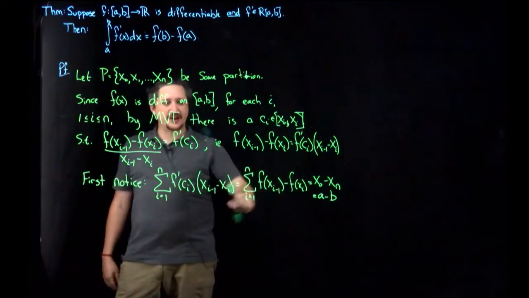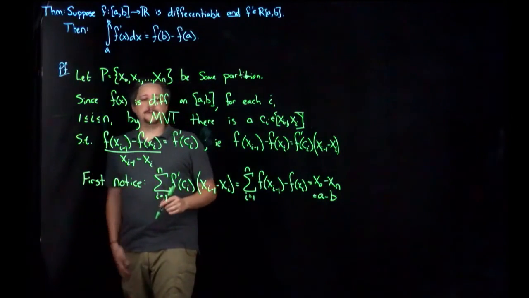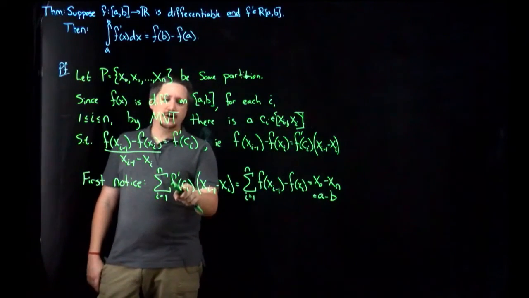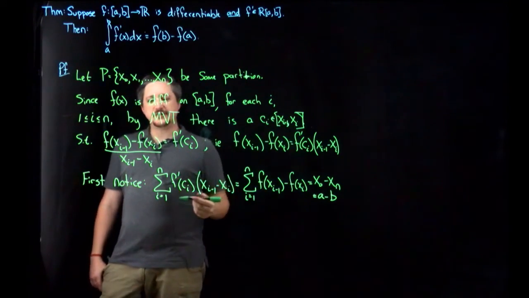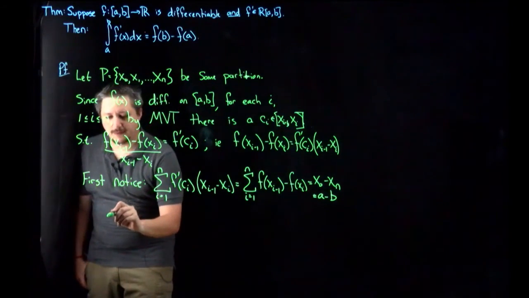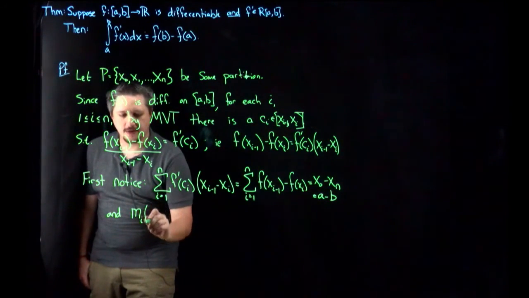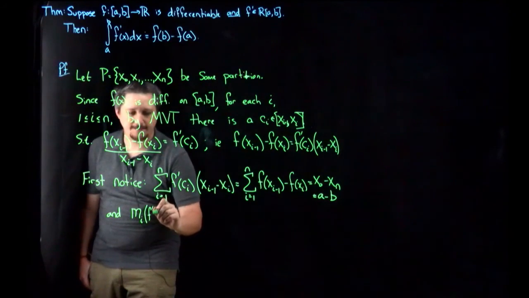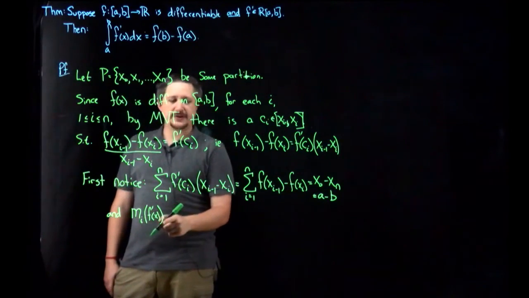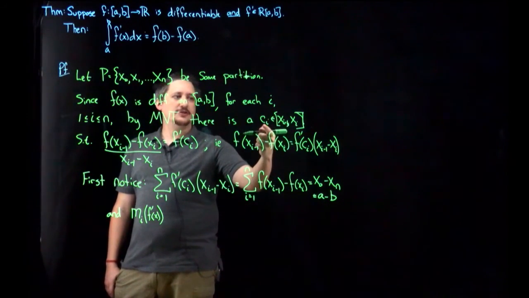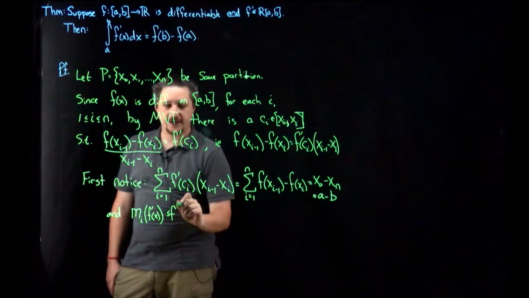So I can do this sort of nice algebra. Whoop-de-doo, who cares? This thing seems to come out of nowhere. The other thing I'm going to point out is that f prime of ci is just some point in here, right? So in particular, I also have that if I were to take the smallest point, the mi, for that f prime of x, right? If I were to take the smallest point in that interval, it would be no bigger than the ci, right? So it would be no bigger than f prime of ci,